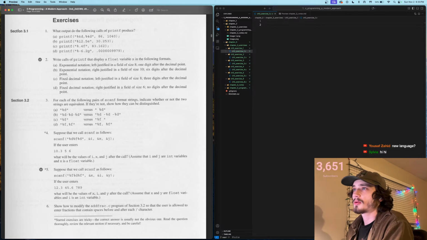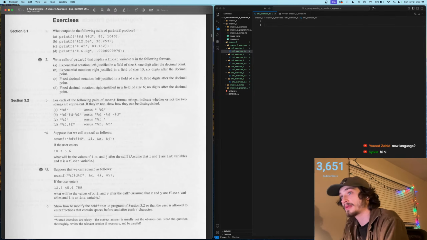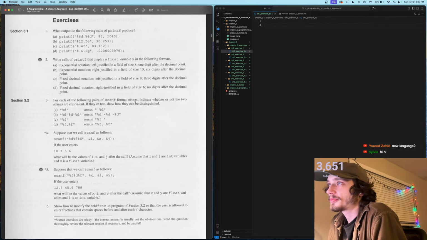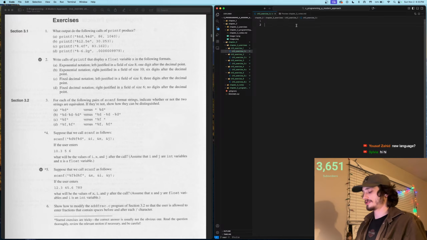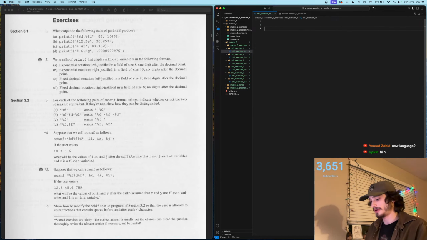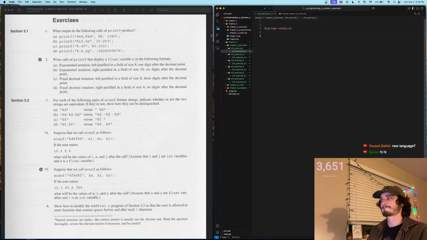Okay, exercises. Number 1, Section 3.1 exercise. What output do the following calls of printf produce? Let's go ahead and include, oh, we need to make it a directive, right? Let's do the standard io.h. Let's make an int main void function here. Let's open this up. We're going to have a call here of printf, and we're going to print